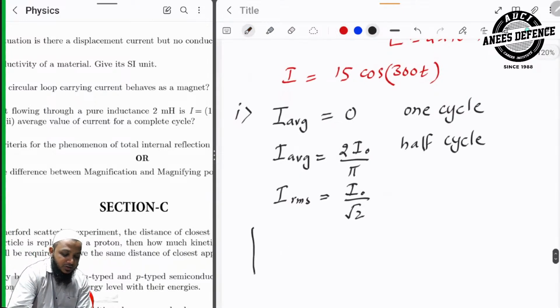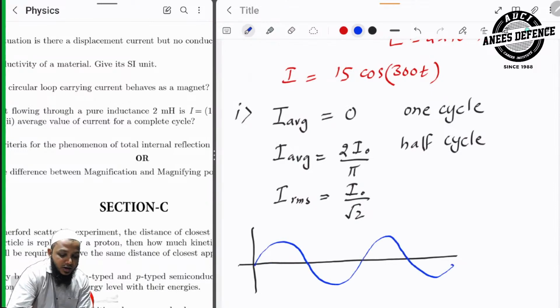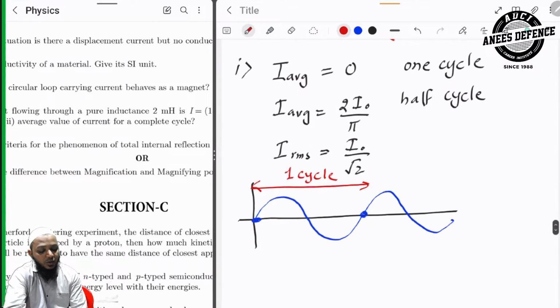Pay attention. We know that AC current varies something like this, correct? And from here to here, that means this. This is the one cycle of the AC. One cycle of AC, right? So since this is one cycle of AC, I can say that in taking